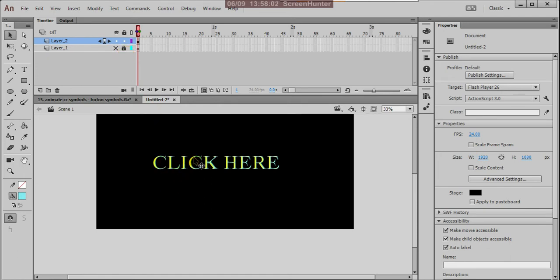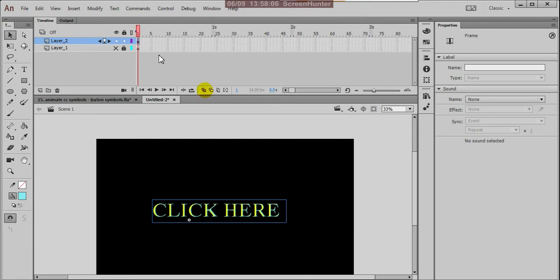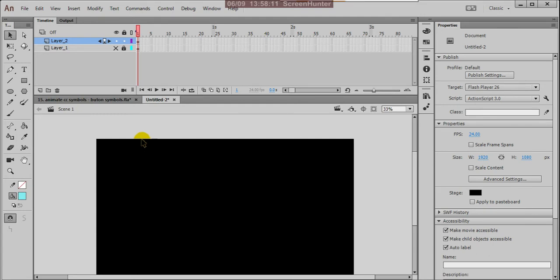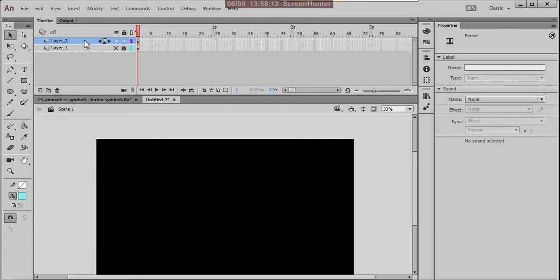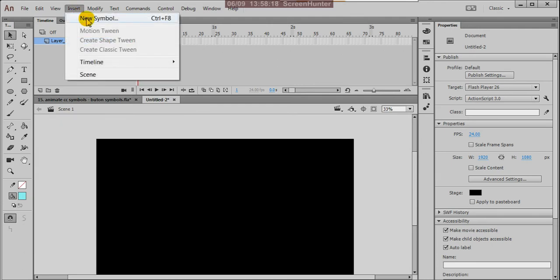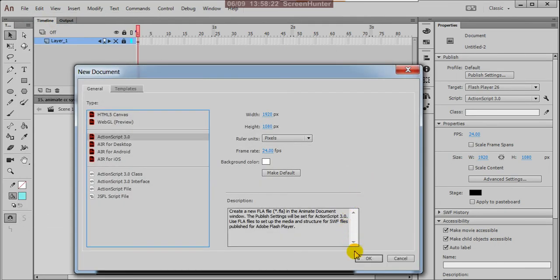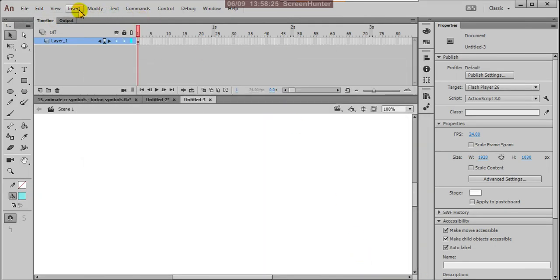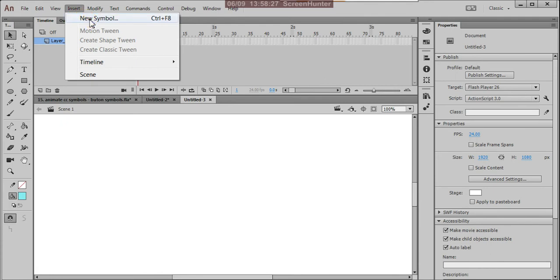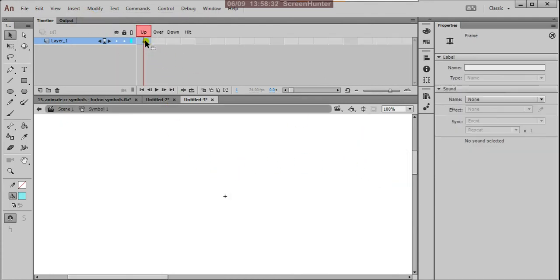We'll create this again because we create in the same layer, so cut it with control X. Okay, you can remove this and insert, suppose I'll take a new file. Insert new symbol. Okay, at this area you can paste.